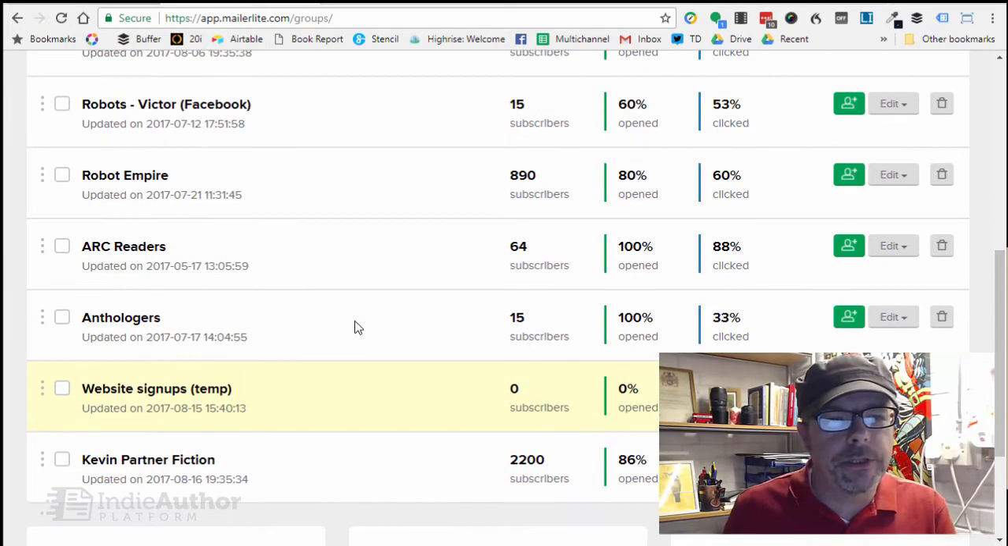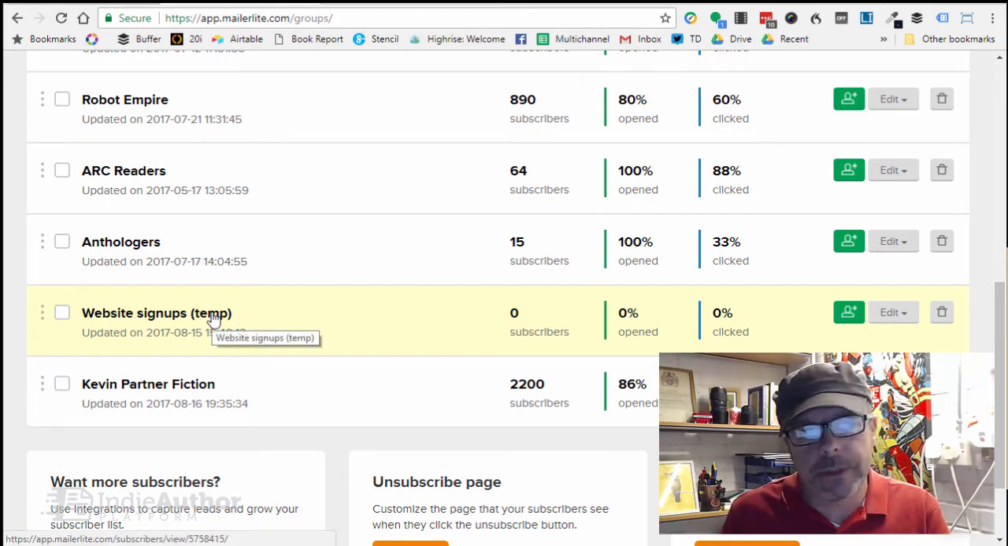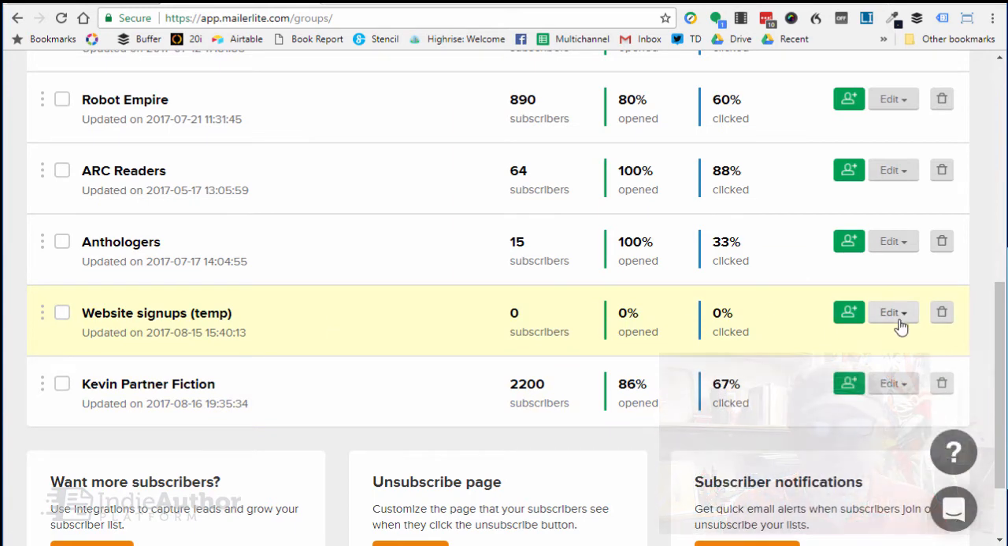Okay, so the first thing I'm going to do is add a custom field to store this information in. It doesn't matter which group, these are my groups. I'm just going to go into websites temp, which is where I send people when they sign up on my website, so that I can add a tag to the custom field that indicates they've come from my website before they're then moved into the main fiction group. But if we go into that group,